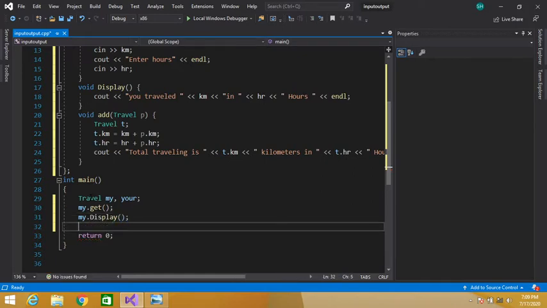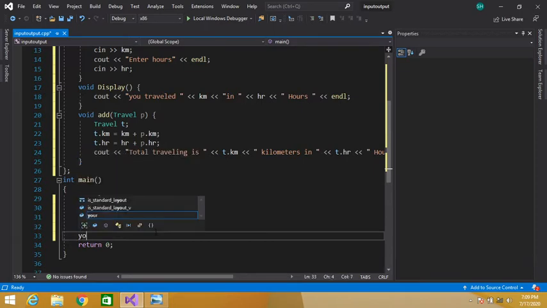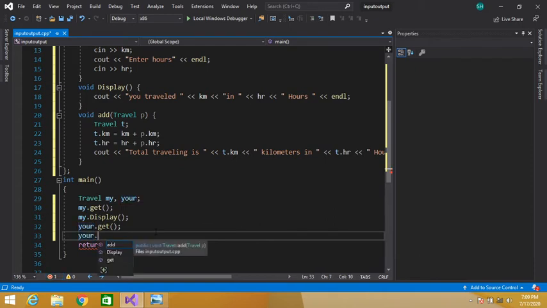Similarly, your.get. So you have taken input using my object and your object. Let's display, your.display.